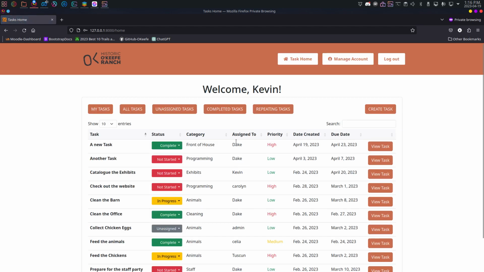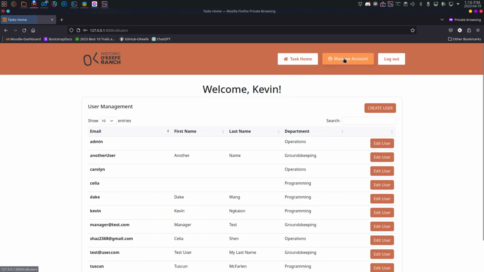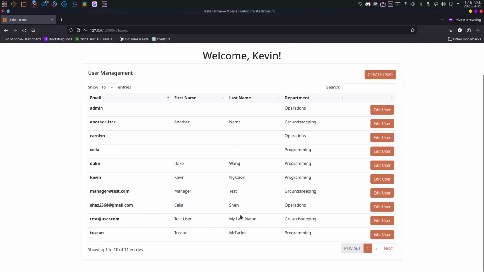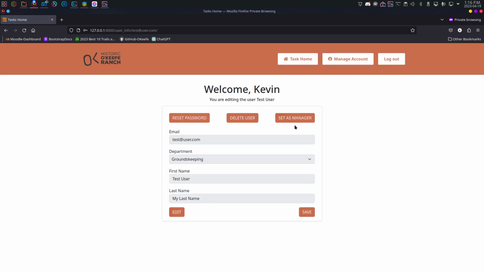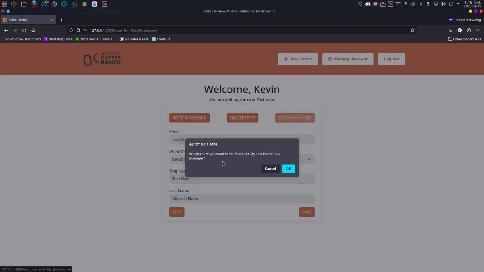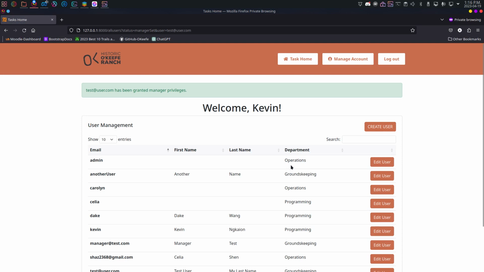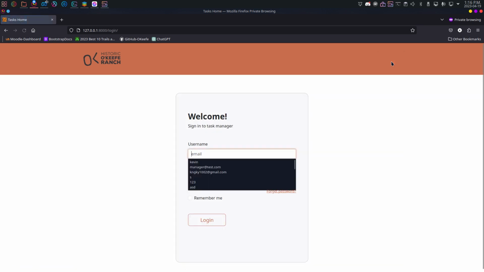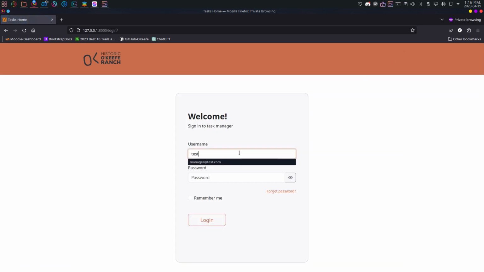Alright, there you go. Now if we go to manage account and grant this test user elevated privileges by setting them as a manager, we'll get a prompt and click OK to confirm. We'll get the prompt that says this has been successful. And now if we were to log into the test user again,